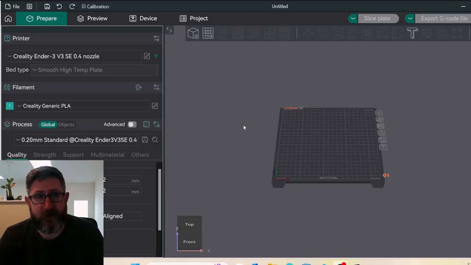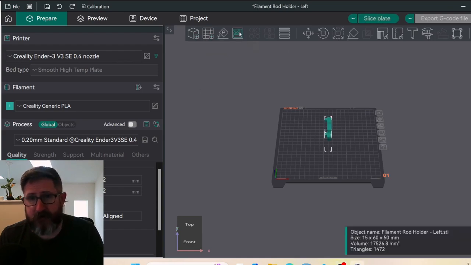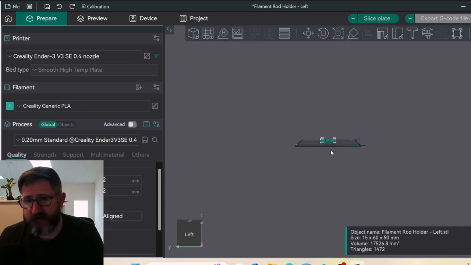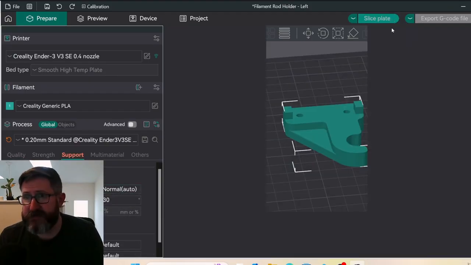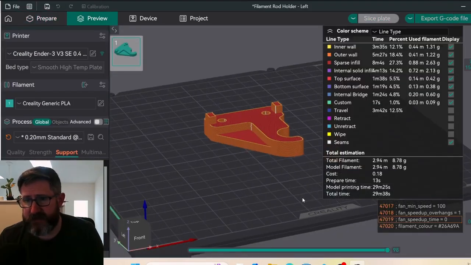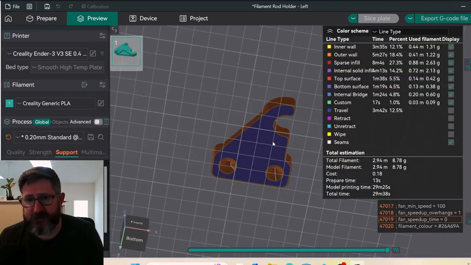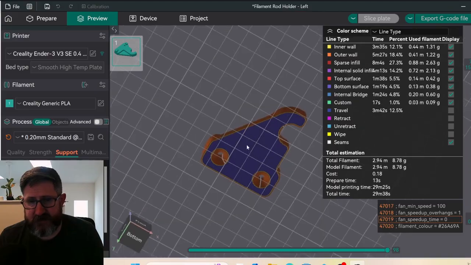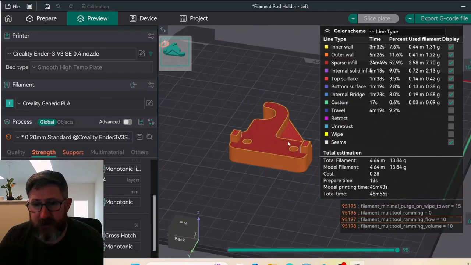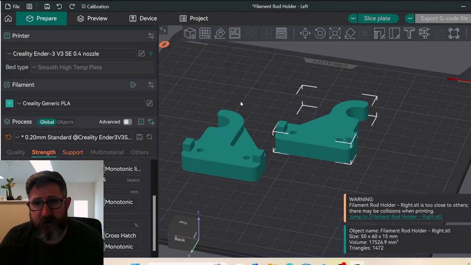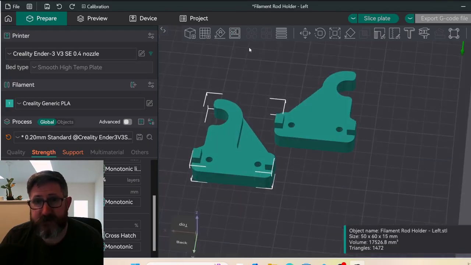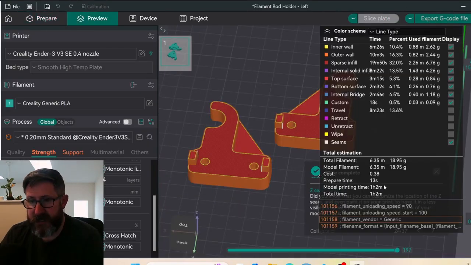Okay, so now in Orca Slicer, we can go ahead and click on Add, import that model. We can go ahead and auto-orient it, see just how it will print. One of the things we can also do is we can go to Support Material, turn that on, and then just slice. And after we slice it, we can see that it's going to take about 30 minutes to print this on this printer. It doesn't generate any support material anywhere. We could also go ahead and export the right one as well, orient it, and then arrange the parts in such a way that works good for printing, slice it, and we can get all of